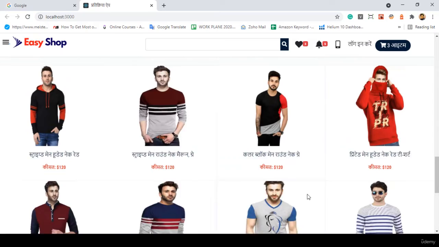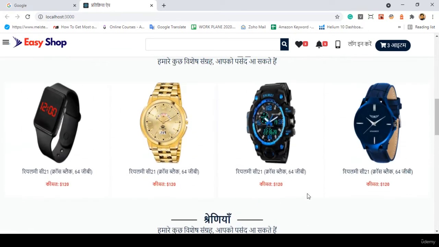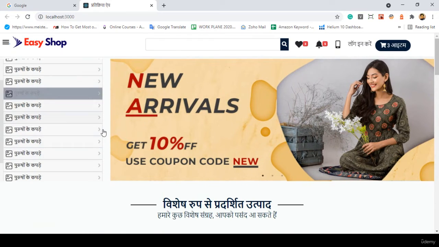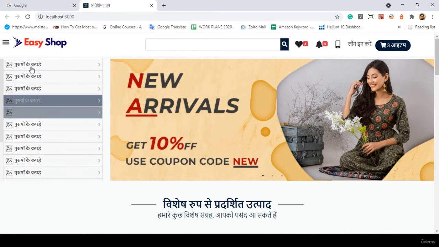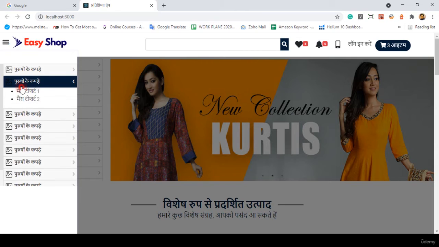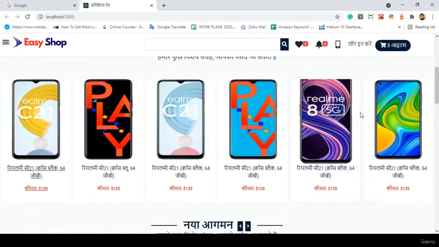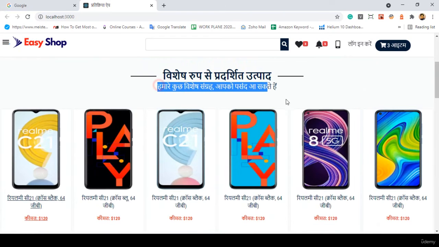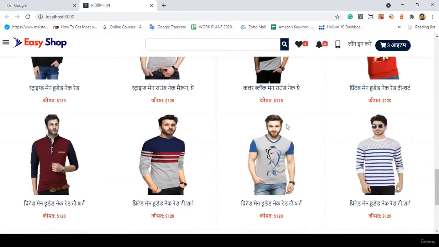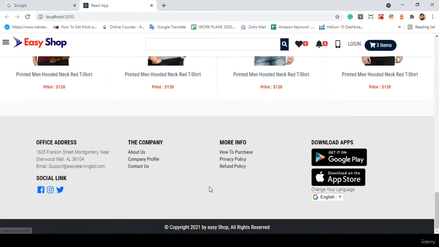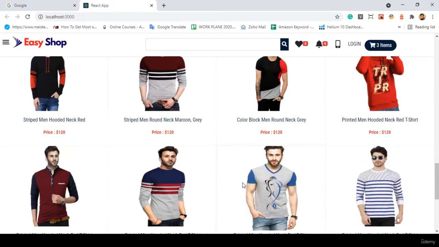Yes, you can see our total site is now updated. All the text is now automatically updated. Now it has become Hindi. You can see the menu and sub menu here are also updated, and the cart option is updated, this name is updated, sub name is updated, everything is updated. How easily we did that work. I hope you like it very much. And there is also an option for English rather than Hindi. So if you select English, yes, you can see it has changed, and now it has become